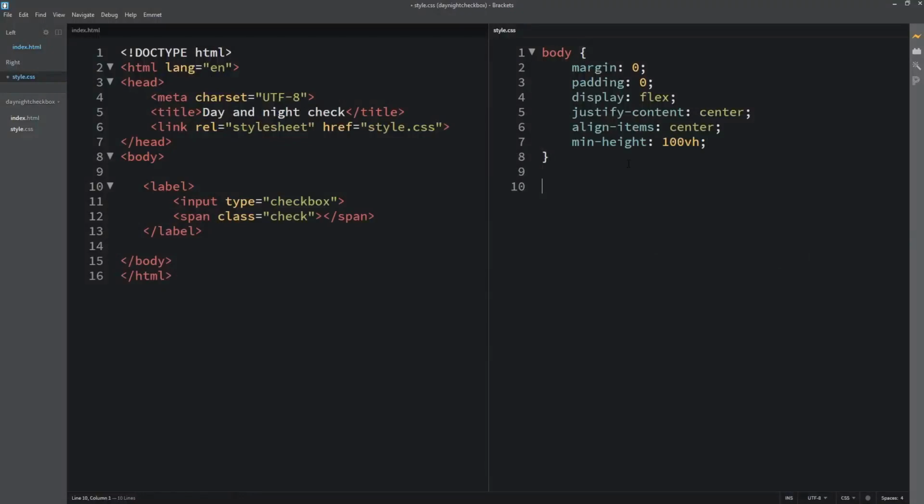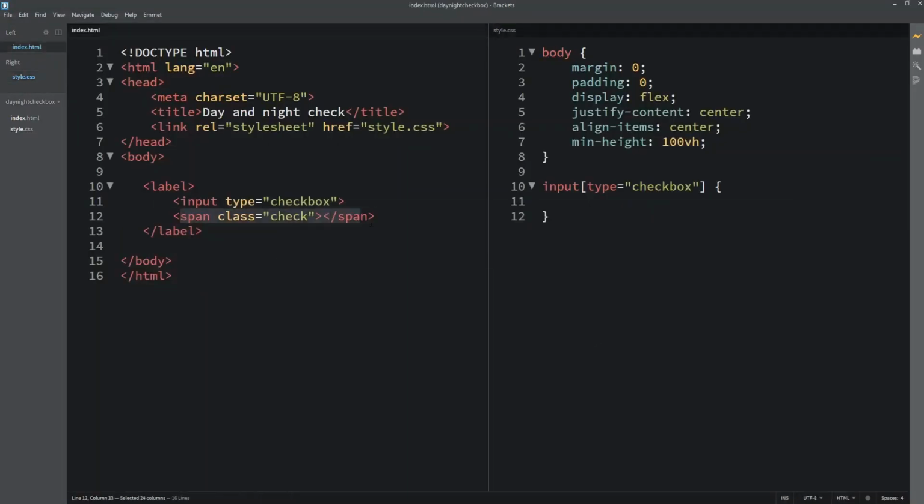So now I'll target the input, input type checkbox. This input, what we want is to make it vanish, not show at all, because now the span is what we will target for the click.